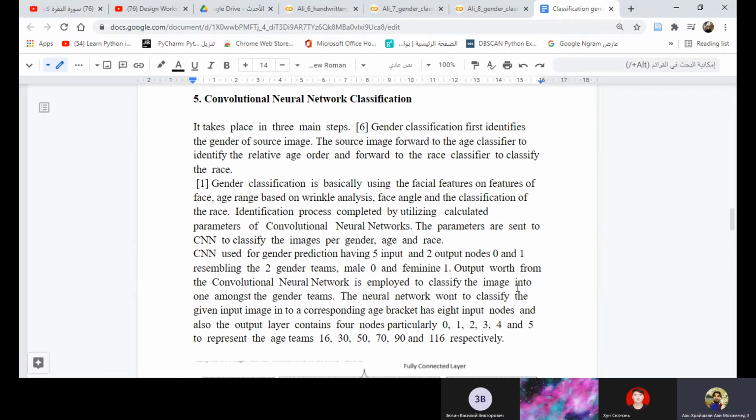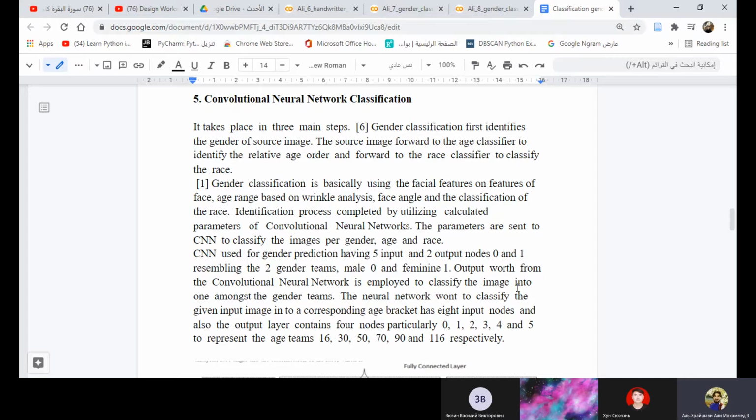It takes place in the main step: gender classification first. The gender of the source image, the source image is forwarded to the age classification to identify the relative age order, and forwarded to the race classifier to classify the race.